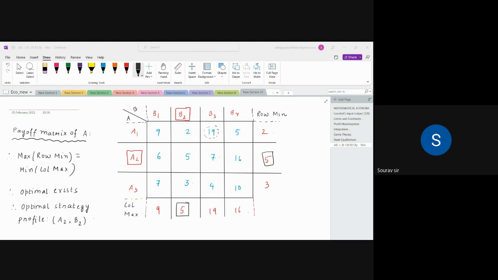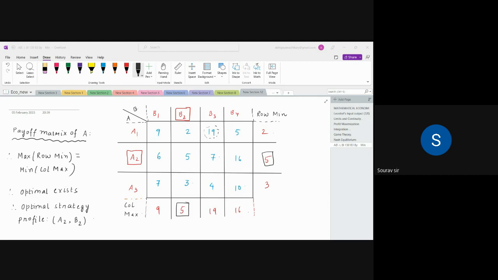So the logic or the underlying psychology of this game is that both players want to choose a strategy such that the other one suffers the most loss, correct? Player one will always intend to choose a strategy such that player two gets the minimum possible payoff, and player two will do the same. All right, now think from the perspective of player one. Let us start with that,